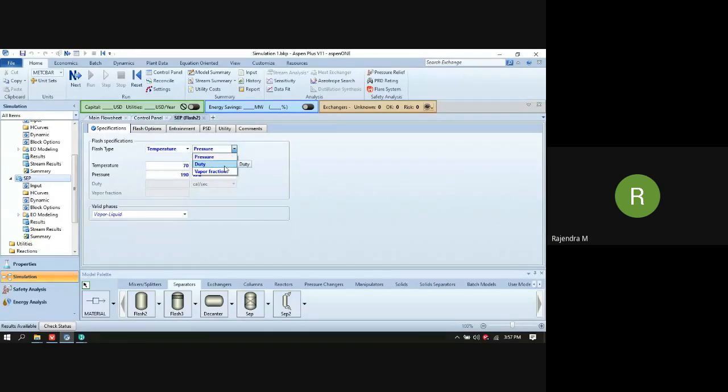Instead of specifying the temperature, I will specify the duty, and I will ask the software to determine the temperature. This is the same as you see in the thermodynamics book, the Van Ness and Smith book, on how to calculate the bubble point temperature, bubble point pressure, dew point temperature, and dew point pressure. In the same way, it will calculate these things.